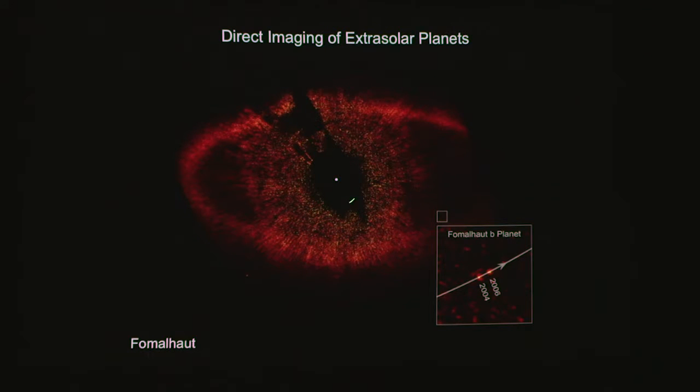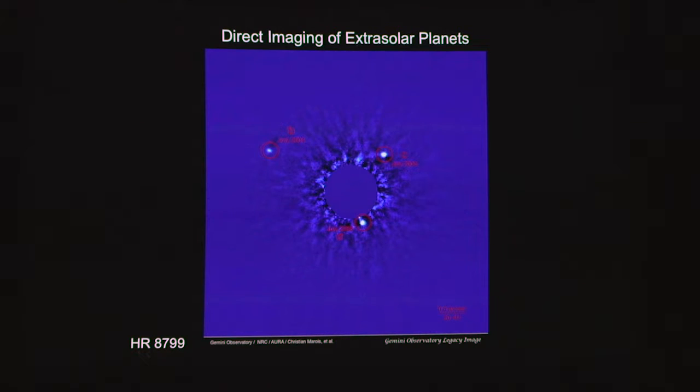We're not seeing the star; it's been completely erased by the coronagraph, but we can actually see a planet-like object orbiting this young star, which still has much of the protoplanetary disk, dust that's reflecting light. We're also able to do this on the ground. This is the Gemini Observatory. This is a set of observations from 2004 to 2008. So you can see